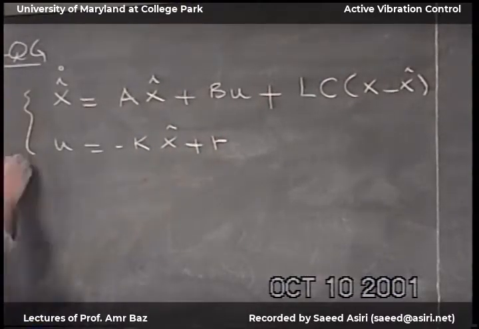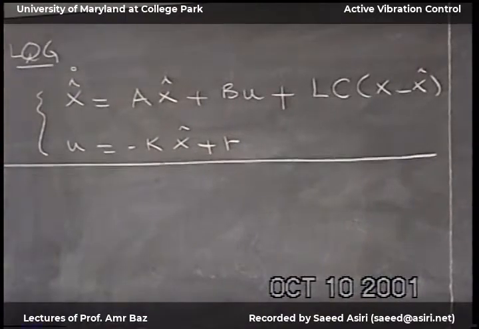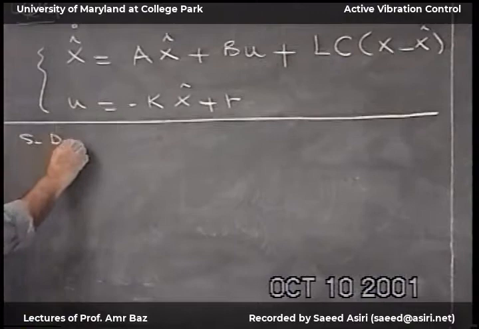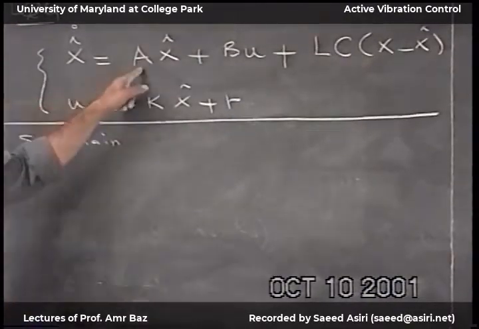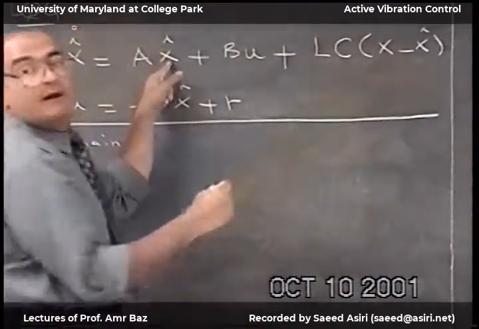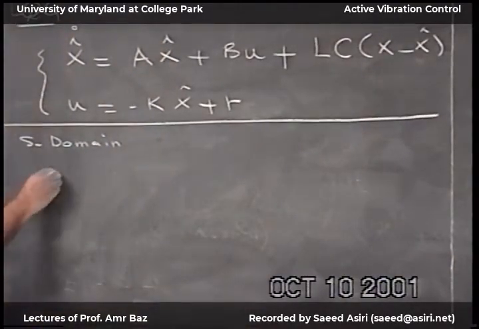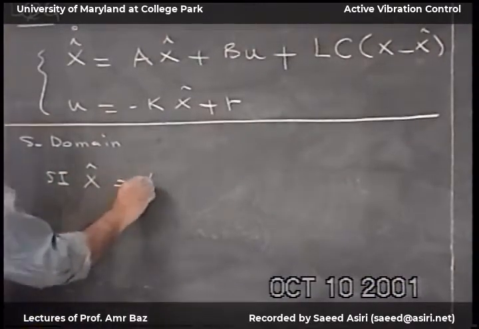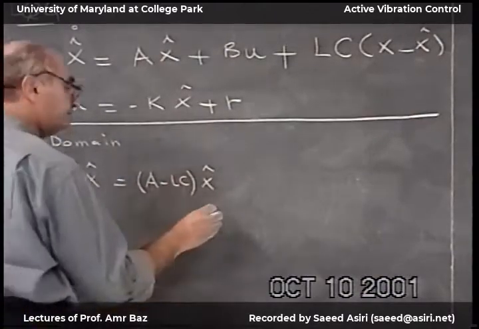Now I'll put everything in the S domain, Laplace domain. So we have x hat here and x hat here, I'll combine them. So I have s x hat is equal to A minus LC x hat